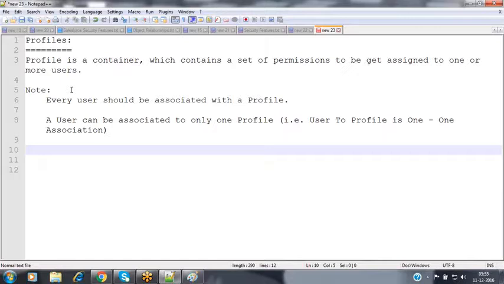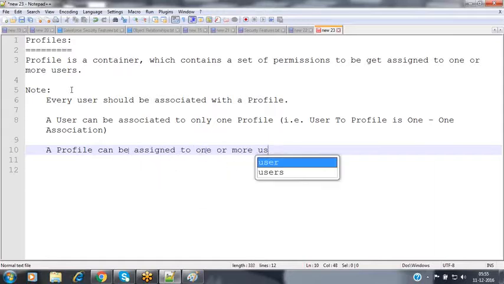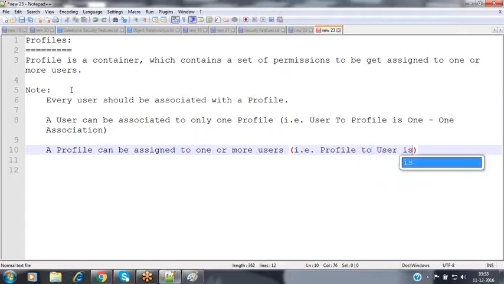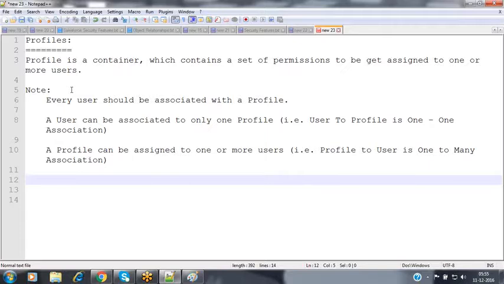So a profile can be assigned to one or more users. That is, profile to user is a one-to-many association. One profile can be assigned to multiple users as well.